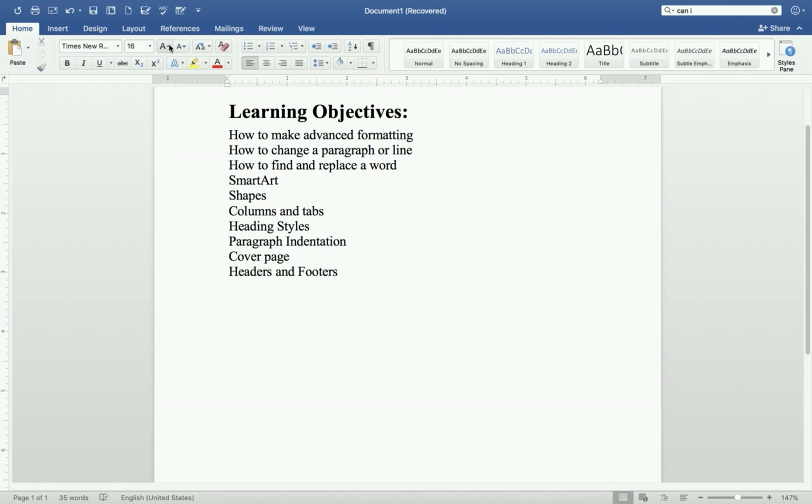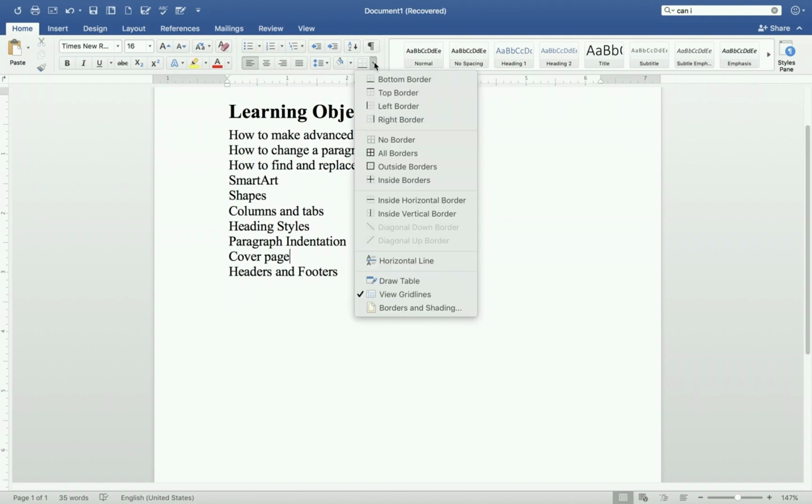That's why I have put it like this. Then it is used to increase font size, and this one is used to decrease font size. But for all of the features, for applying every function, every operation, students, firstly you have to select your document. Okay, clear? Bold, italic, underline, then subscript, superscript, color, then text highlight, then paragraph indentation, then shadings, borders, all appear